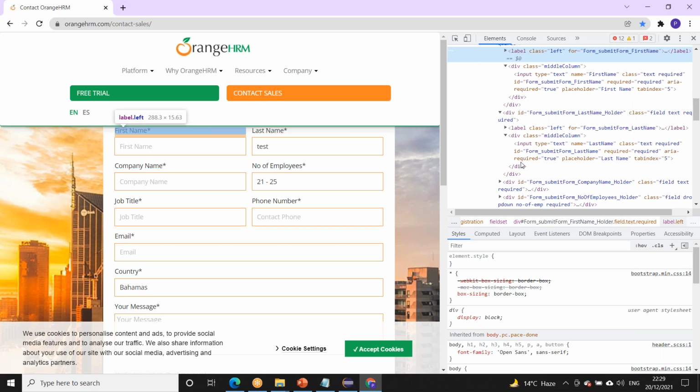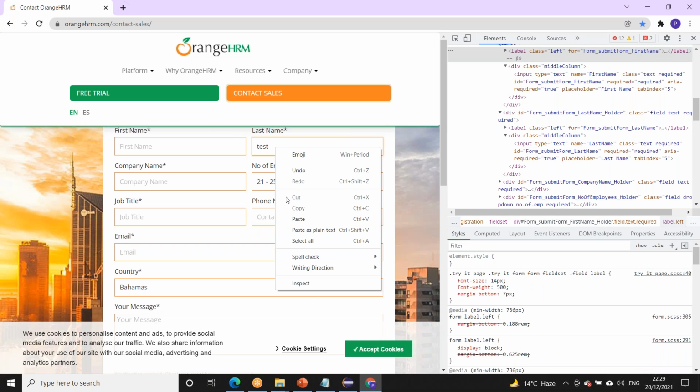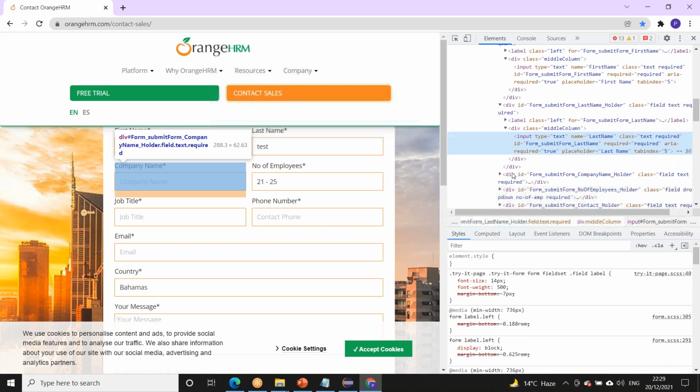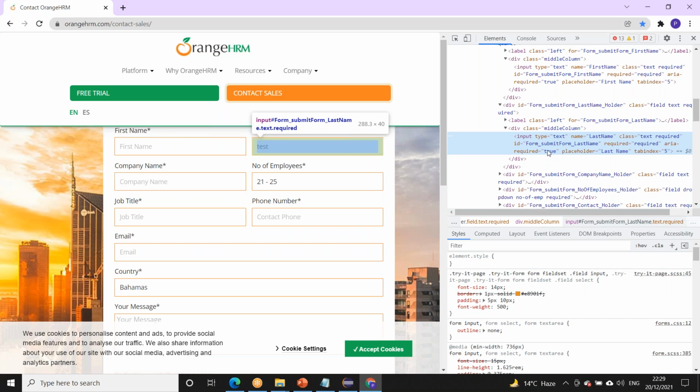Label is a tag. For an input field, it is the input tag, and for this input tag, there are different attributes available: name, class name, ID, required. The attribute we want is the one which is unique.